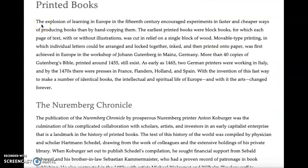So along with those two techniques, a hugely important technology is using those possibilities of wood blocks or metal blocks to make movable type printing, in which individual letters could be arranged and locked together, inked and then printed onto paper. This is a way of creating books using modular units to save time, to save money, and to create